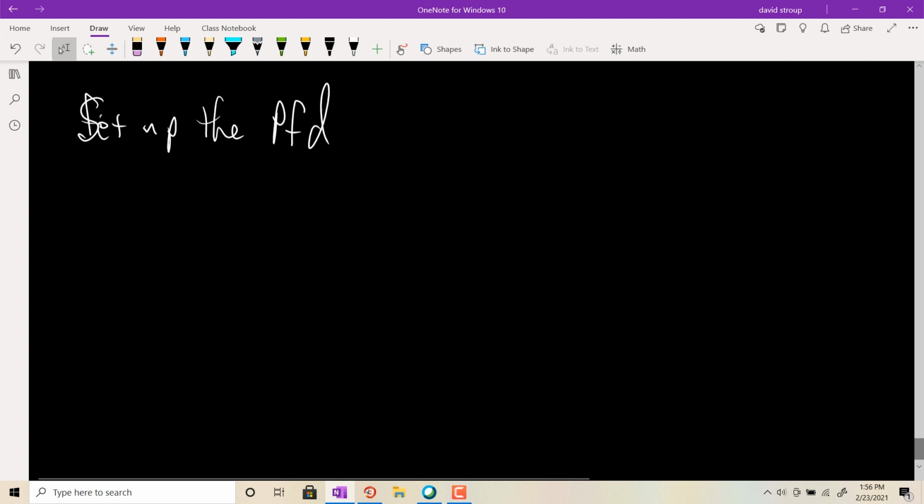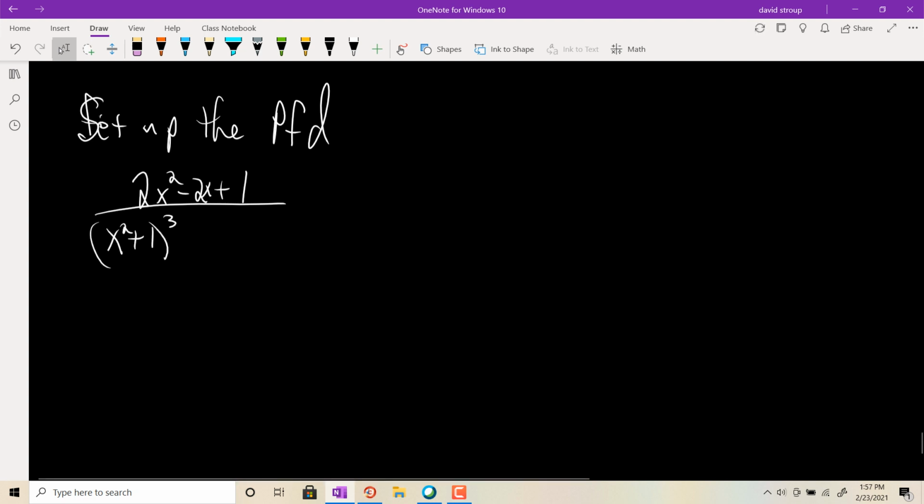So it's going to be one of these nightmare scenarios. 2x squared minus 2 plus 1, 2x plus 1, all over x squared plus 1 cubed times 2x minus 5 squared times, let's put an x in there, and then maybe another x squared plus 5. Okay. So just set it up. You don't have to solve it, and that will be your quiz